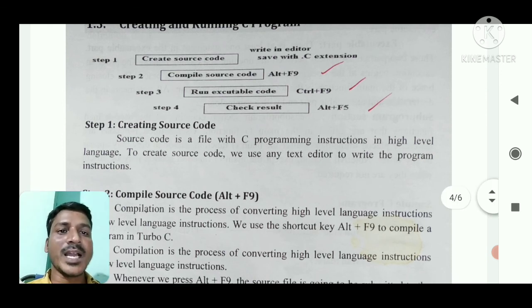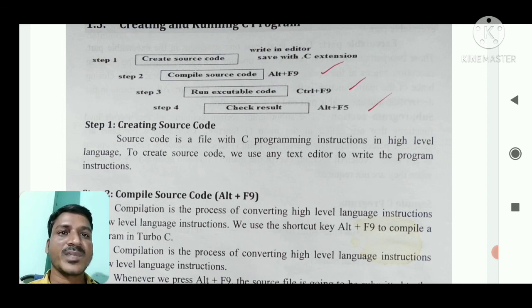To create the C language source code, we use any text editor to write the program instructions, for example Notepad.